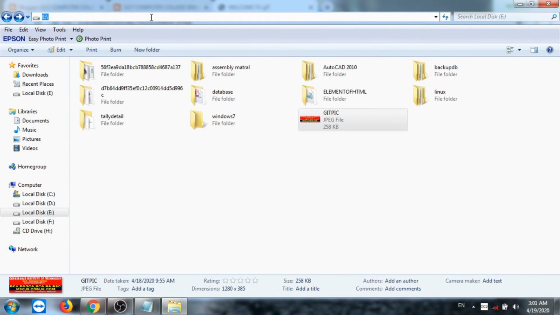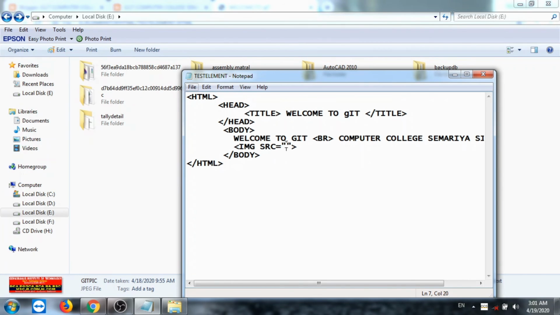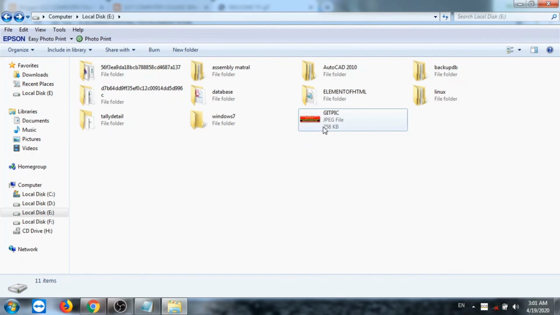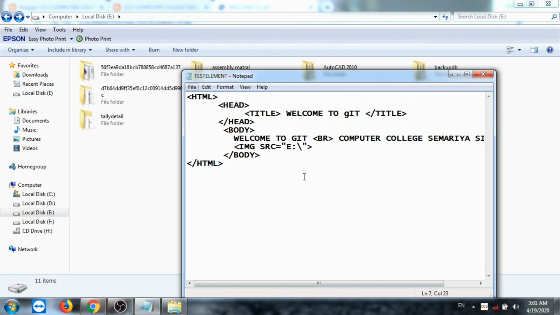First I copy the address and paste here. After that, the name of the file and extension. The name of the file is GIT pic and the extension is JPEG.